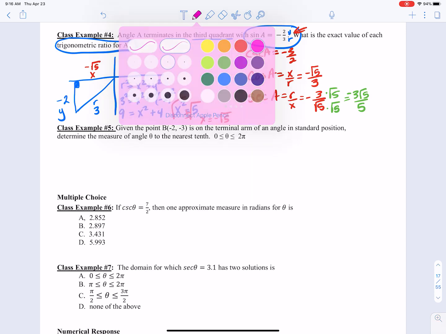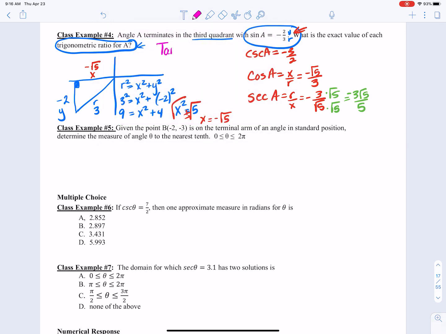And I'll do tan up here. Tan theta, that's an A, is equal to y over x, which is -2/-√5, rationalized. Just erase this so I have more room. And that is equal to these two negatives. A negative divided by a negative is a positive. So I end up with